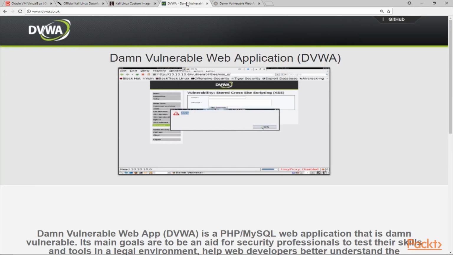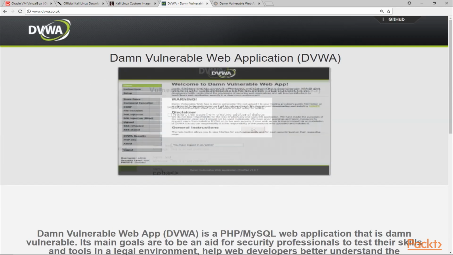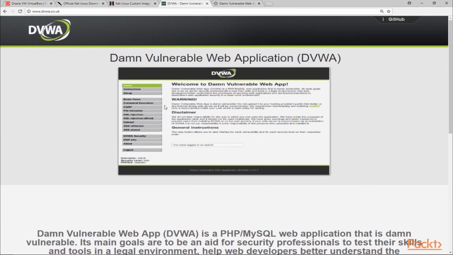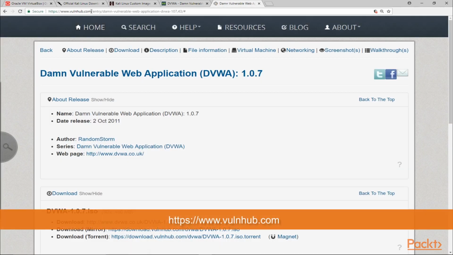With regards to DVWA, if you do a Google search on DVWA, you'll probably see this website. We don't want to download from here because it just gives you the application, and then you obviously need to install it on top of a Linux machine, which might be a bit of a headache for you. An easier way to do this is to go to the vulnhub.com website